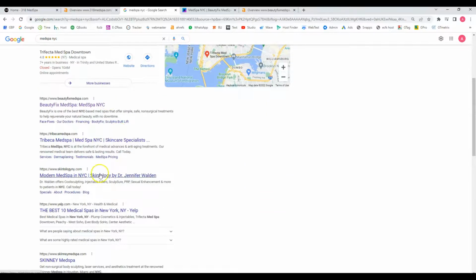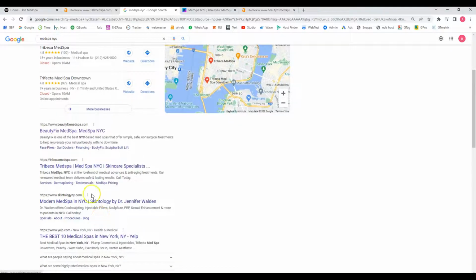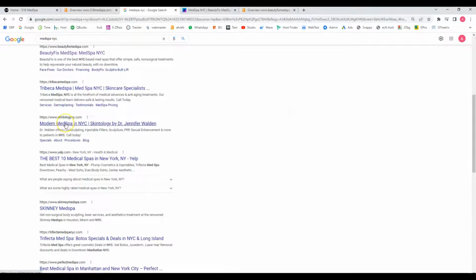Then we have the organic results, and this is where I was telling you that content comes into play as a really important key for a successful website. But not only that, also backlinks play a big important role in this case. But in this case, let's see why these guys are ranking #1 because we have here beautyfixmedspa.com and they seem to be based in New York City and they're ranking #1. Then we have number two. We got this Tribeca MedSpa. On number three, we got